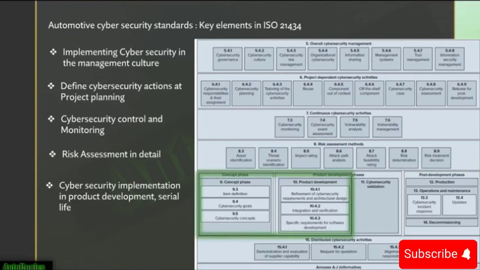Then comes chapter 9, which is the concept phase, and chapter 10, which is product development. Basically chapter 9 defines the items and their environment, serving as the basis for the subsequent activities. Cybersecurity goals are specified for each item based on the assessment of cybersecurity risks identified by the methods in the risk assessment phase. Cybersecurity requirements applied to an item and assumptions made about the operational environment can reduce the risk of an item. Cybersecurity goals are identified as top-level cybersecurity requirements, while cybersecurity claims are used to explain why the risk treatment is deemed adequate.